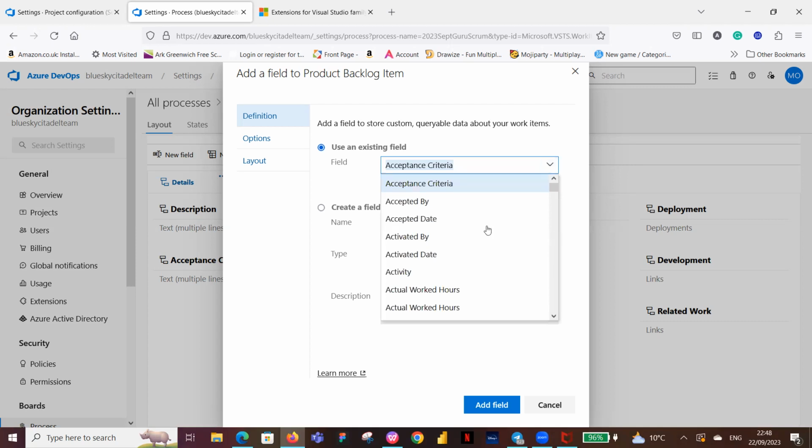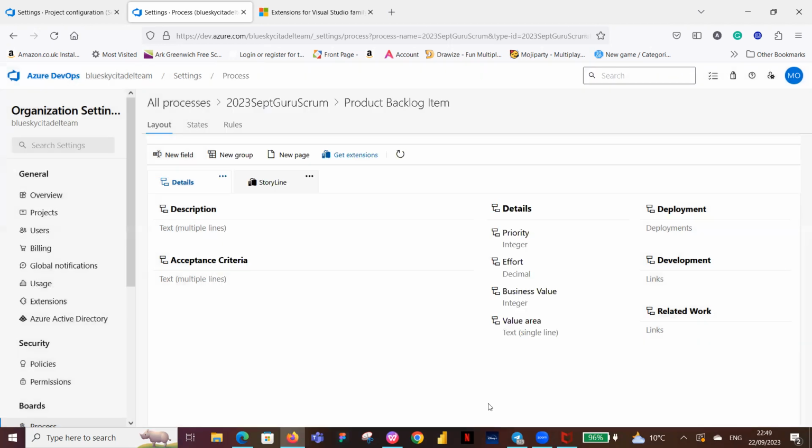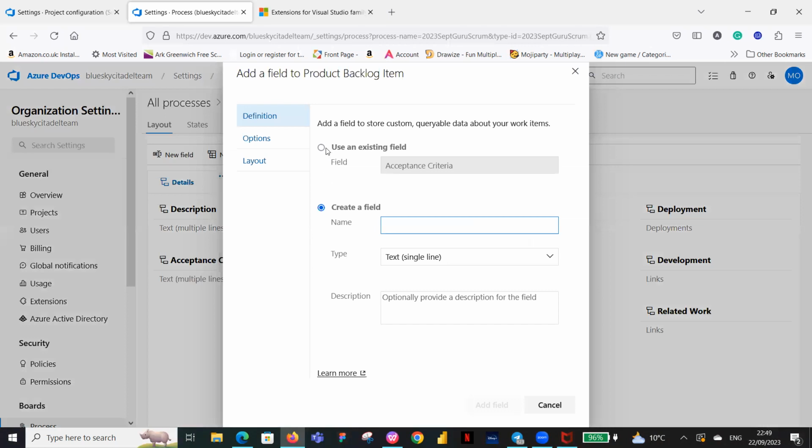Okay. So if I check over here, I should be able to see BA. Like I said, then you can pick it, that, oh, I want to see that BA field also, in my own. It's an existing field that has been used before, and I'm able to pick it. And if I do add field, you can see it has added it. It's added over there. Okay. And by the time we go back to the board, you will be able to see it. If you need another field also, if the keywords also want to be able to see their own field,